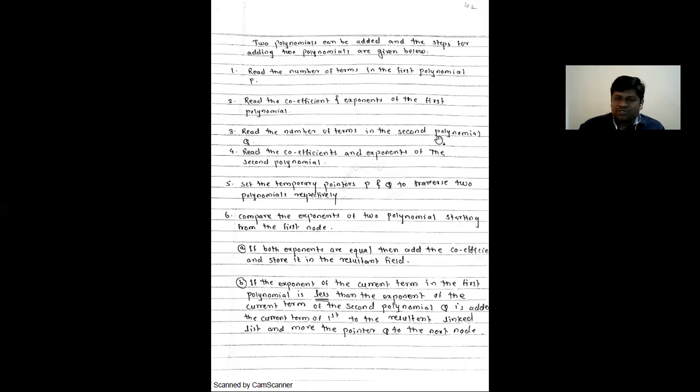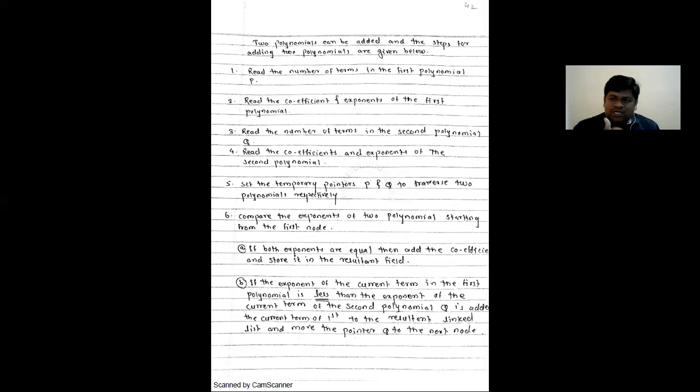Read the number of terms in the second polynomial q and read the coefficients and exponents of the second polynomial. Now set the temporary pointers p and q to traverse the two polynomials respectively. Now compare the exponents of the two polynomials starting from the first node. When you are performing the addition operation,